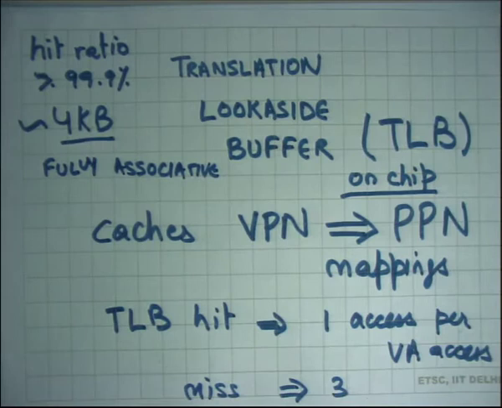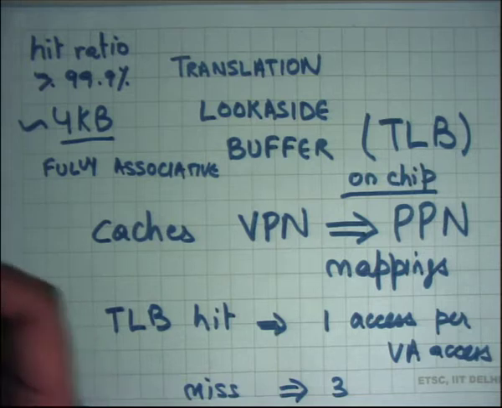You want your TLB to have such a high hit rate, so you better make it fully associative. If on the other hand you had a direct mapped cache, you will just have conflict misses in your cache, right? Okay. The other thing is, what's the cache replacement policy? Well, the hardware is free to implement any cache replacement policy it likes. Given that most of the things are going to be hits, cache replacement policy does not matter much.